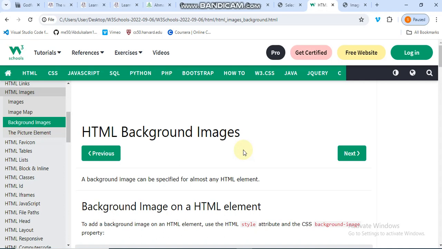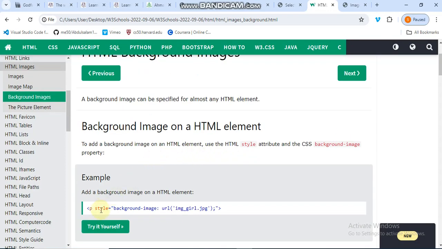So now let's look at the background images for HTML, which will be dealt with properly in CSS when we are actually designing our web page, and yes, creating an image as the background of probably a container. So now background image is defined using the style attribute because it's a CSS property, and it's used in styling and visualizing an image probably, and the text will be over it to just add additional styling to the HTML